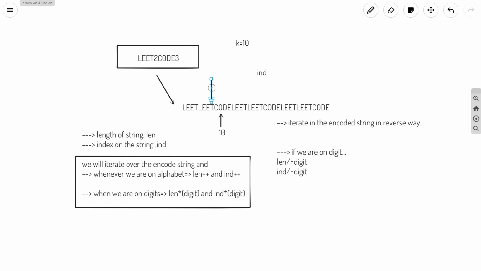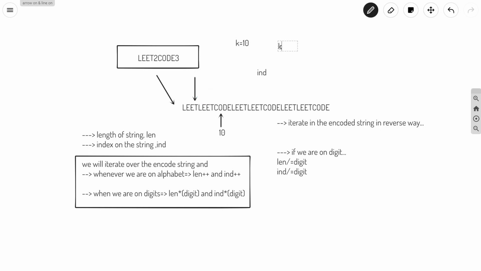It will happen only when we are on a digit. Because we were on the digit 2, we will have this index here, because we have divided the index by the digit. So after dividing, we will be here. You can see that we have 10 here, and we are multiplying by a number.